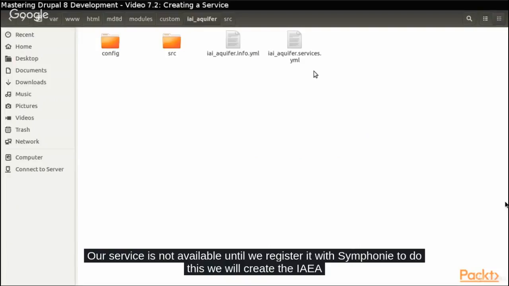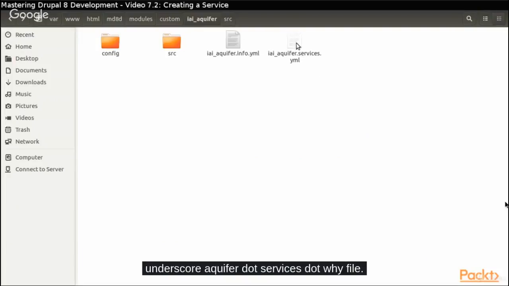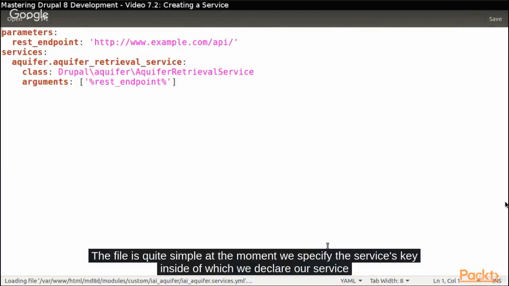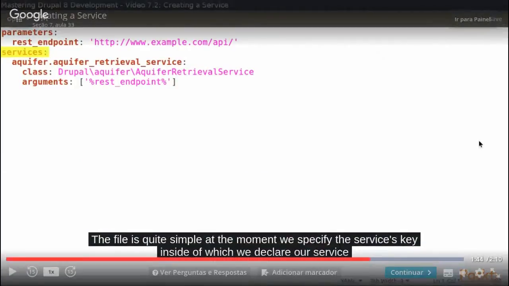To do this, we will create the iai_aquifer.services.yml file. The file is quite simple at the moment. We specify